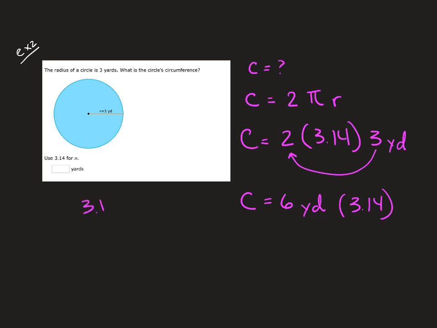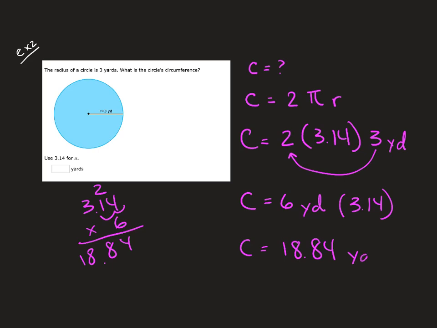If you take 3.14 and multiply it by 6, it's going to be 6 and then 2, which is 8, and then 18. So 18.84 is correct. So the circumference, and we're assuming C stands for circumference, right? It's going to be